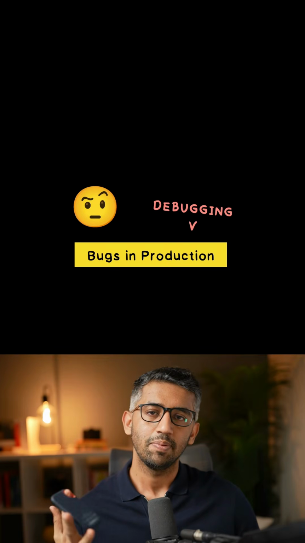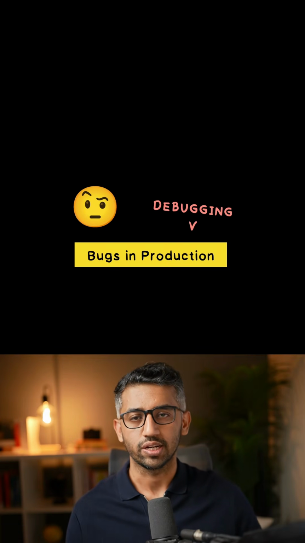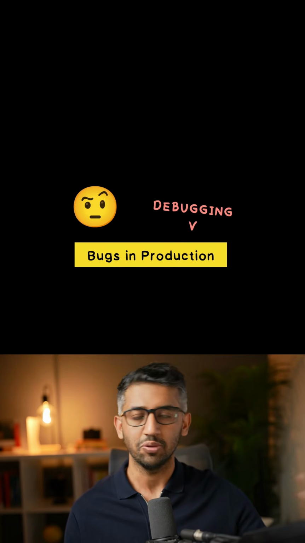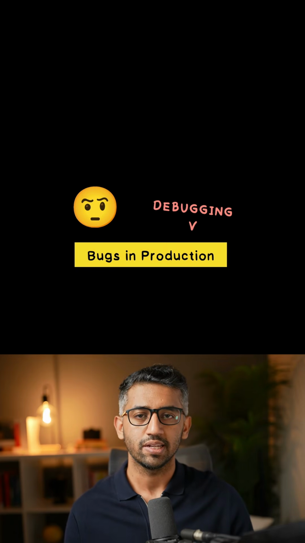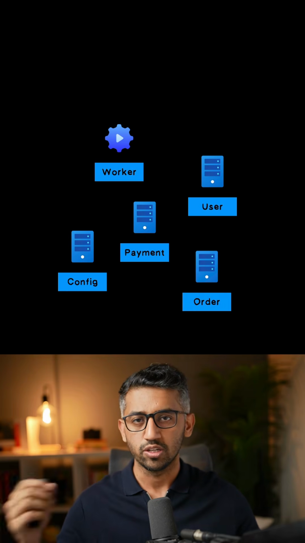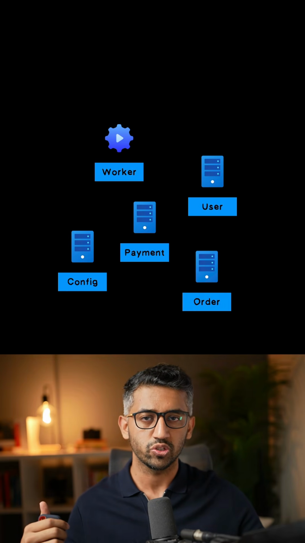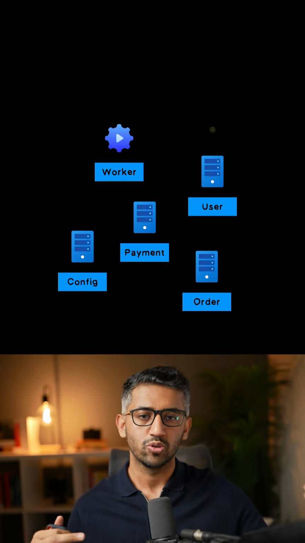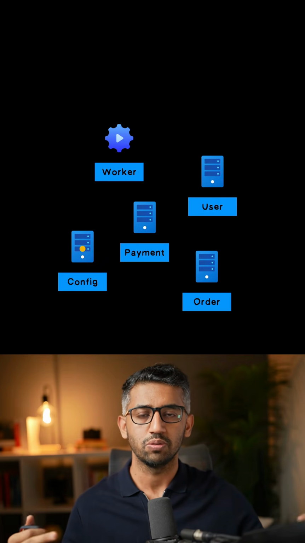When you have a single API, debugging things is quite simple. You look at the logs, you find the issue, and then you implement the fix. But normally in real-world applications, there are several different services, there might be different databases, queues, workers processing those queues, and so on. Now in this case, the request goes through all these different services to be processed,